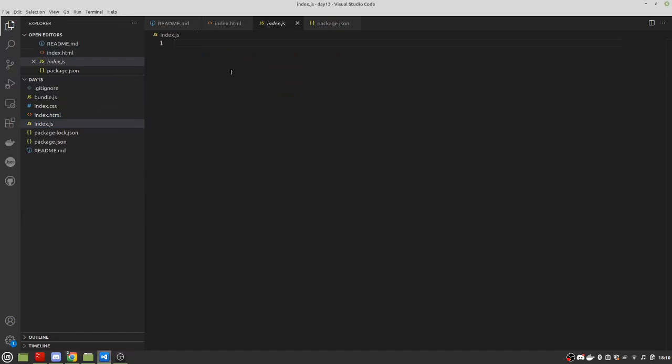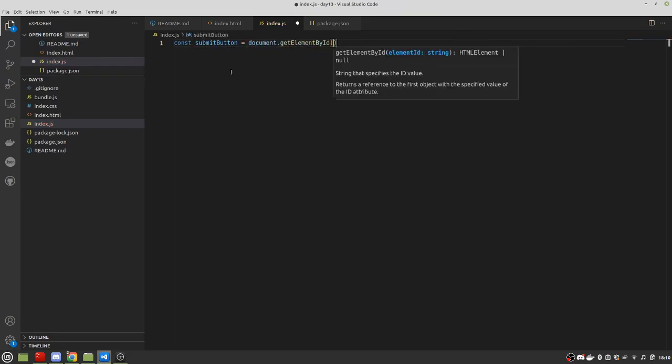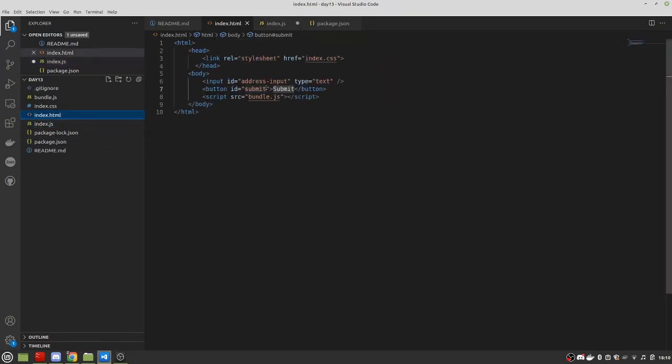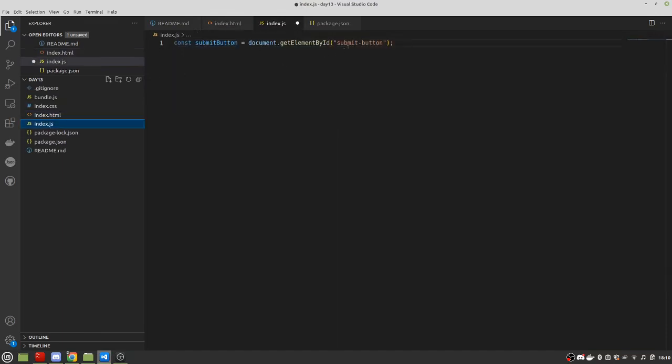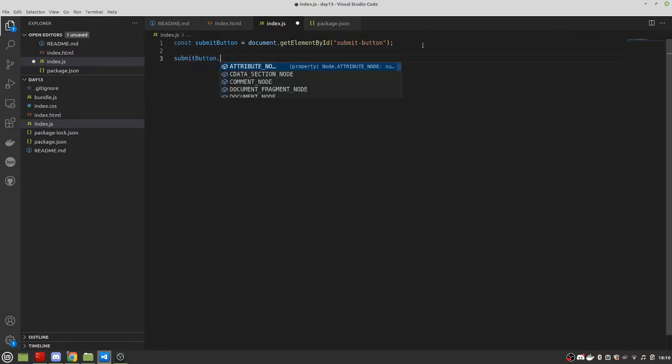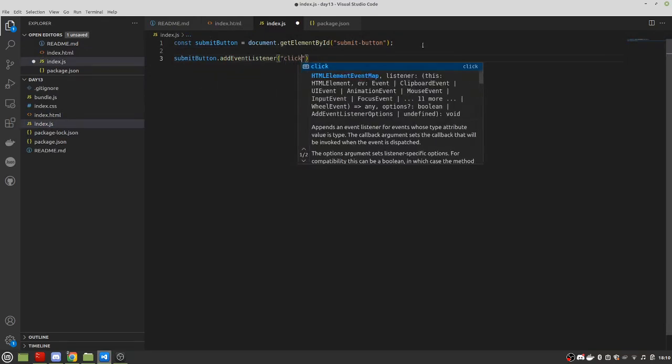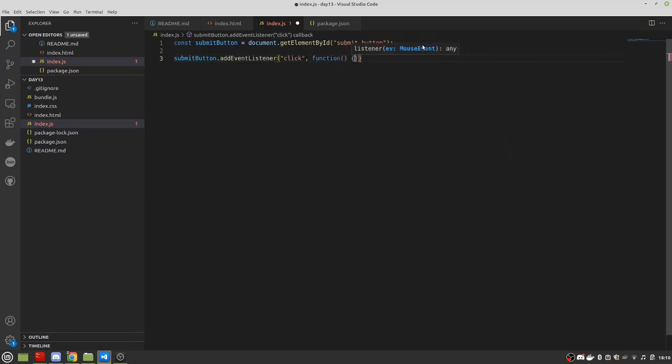So I think I want to, right off the bat, say submit button is equal to document.getElementById, kind of what you did before. I called it submit button. Maybe I just called it submit. I did, but I'm going to call it submit button to make it clear in my code. So I get that by ID, and then submitButton.addEventListener for when I click it, I want to run this function, and I want to